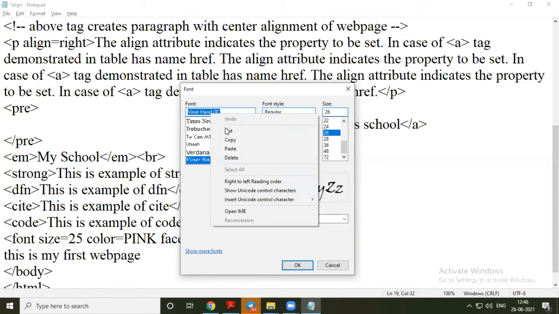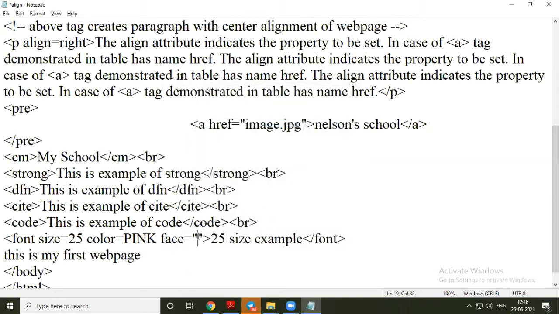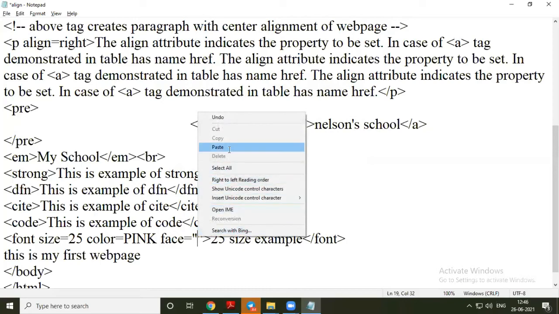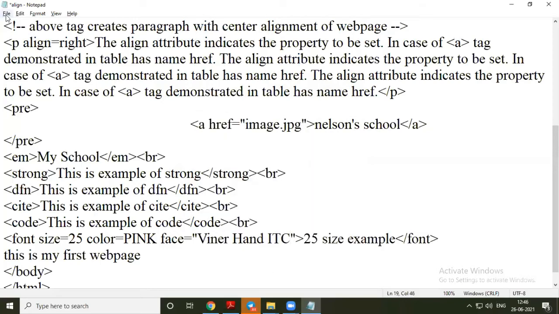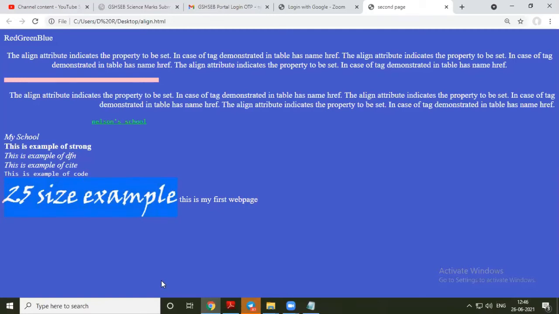This is the font name. Close this and paste it here. Because we cannot remember the actual names of all fonts, we have to copy and paste from this font dialog box. So I have saved this. I am going to that web page, refreshing the page. Now you can see that the font is applied here.